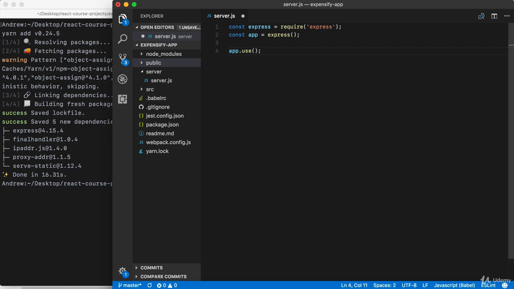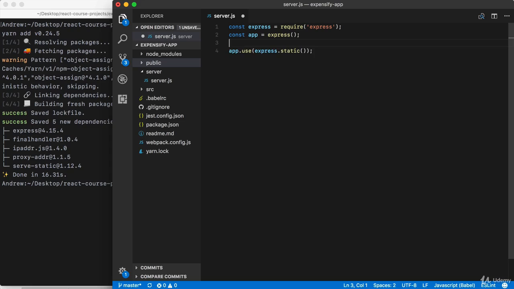And lucky for us, all of that code is built in. All we have to do is take advantage of a function that comes from Express. That is express.static. So you'll notice here that I am calling express.static inside of app.use. So we're going to take the return value from express.static, which is just a function, and pass it into app.use. Now, static also takes an argument. It takes the path to that public